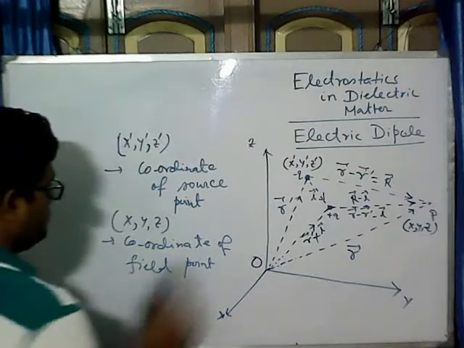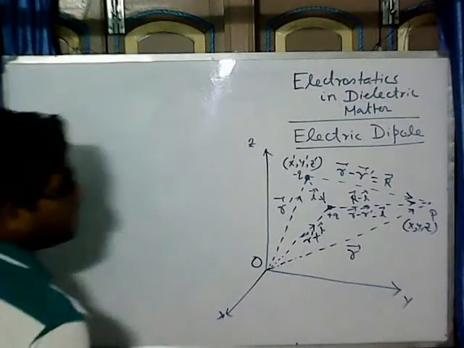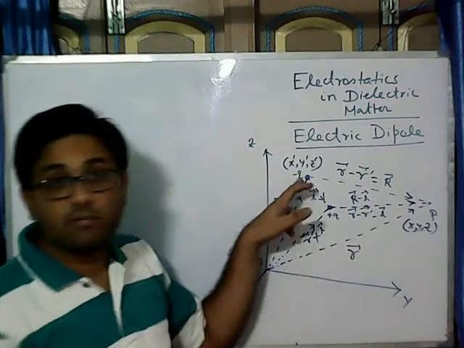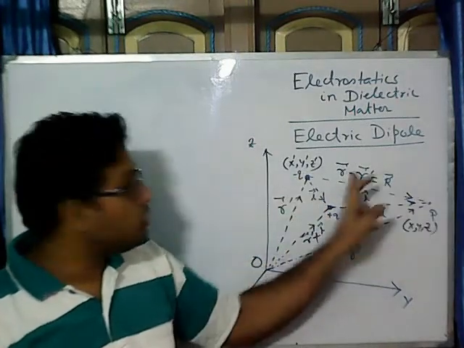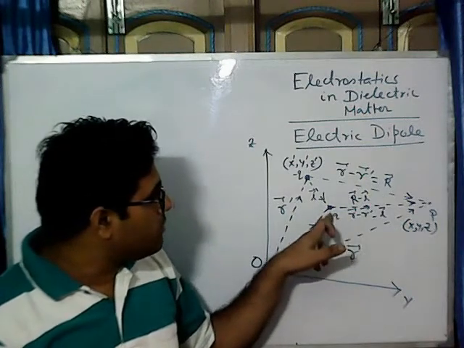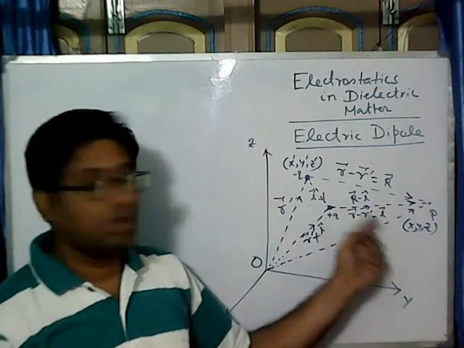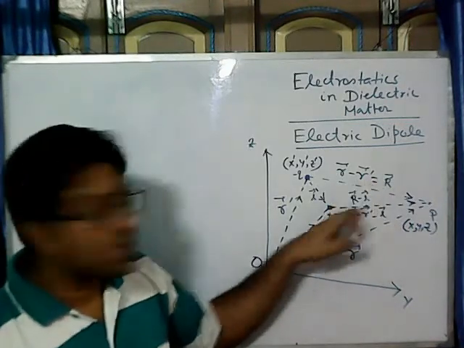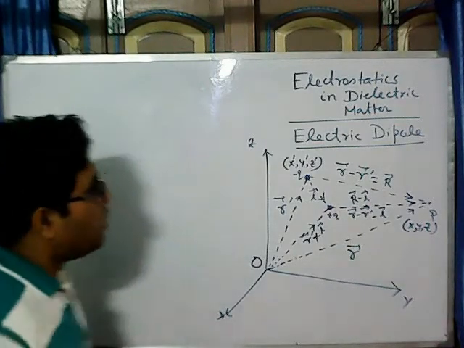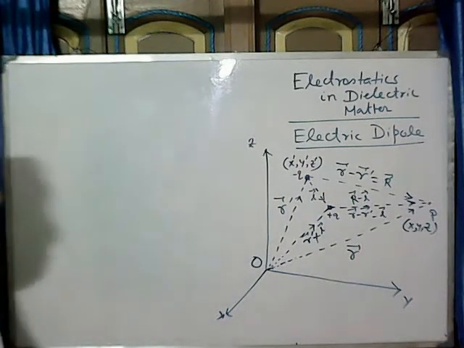Okay. So now, if the position is r and this is r prime, then the distance from minus q to P will be r minus r prime, right? And from plus q to P, the distance will be r minus r prime minus l, and if we take r minus r prime as capital R, then it becomes R minus l. Okay, so these are all the distances from different points. Now let's write down the potential.